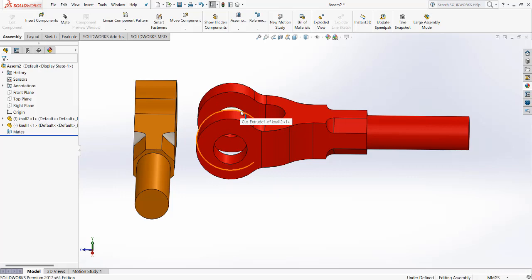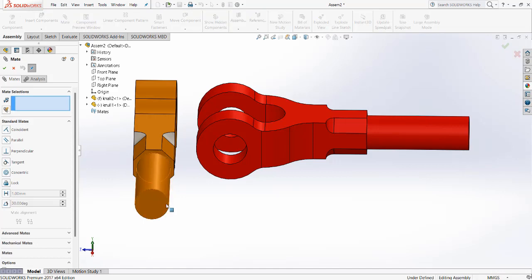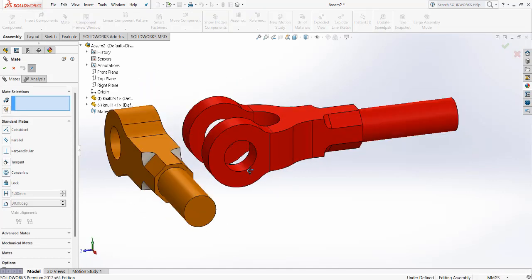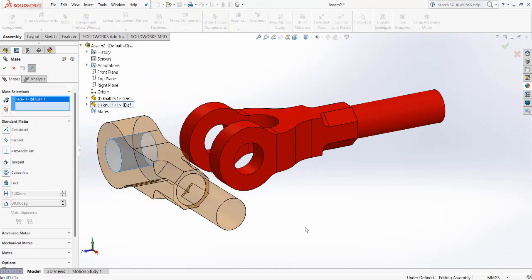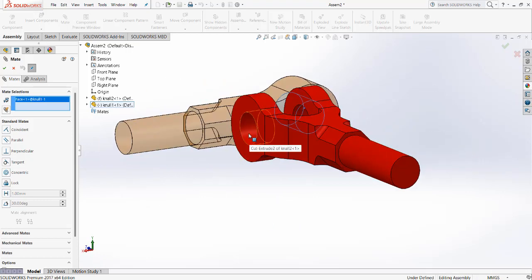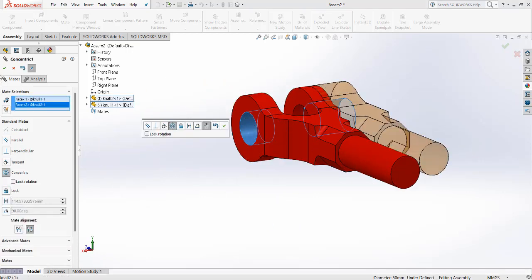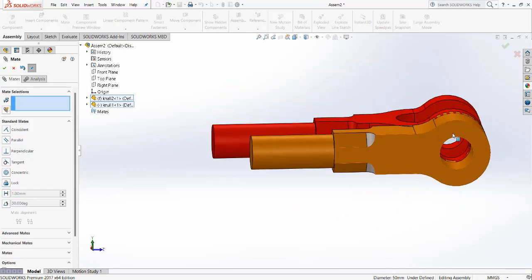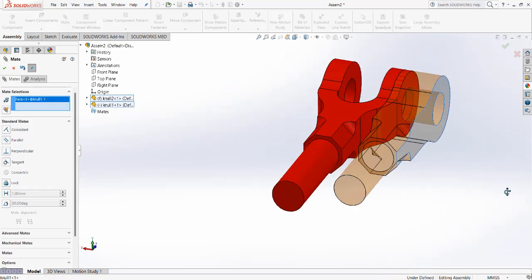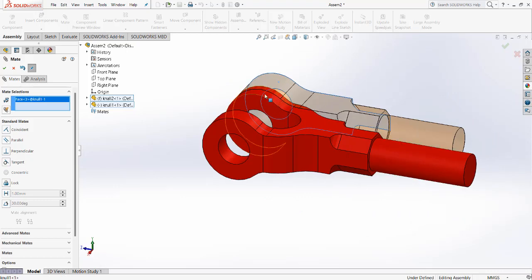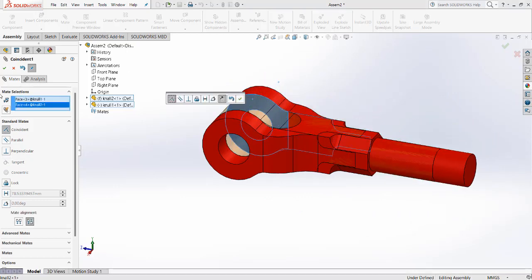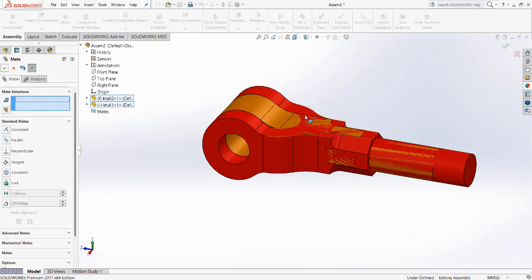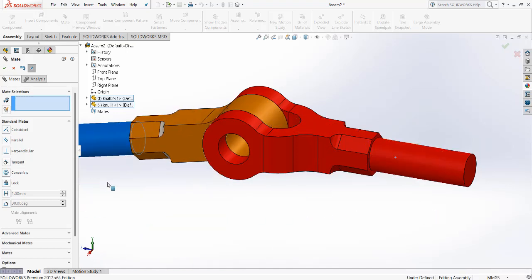Okay, so mate this circle and this circle. Okay, mate this outer surface and this inner surface. Okay, and let's see. Okay,